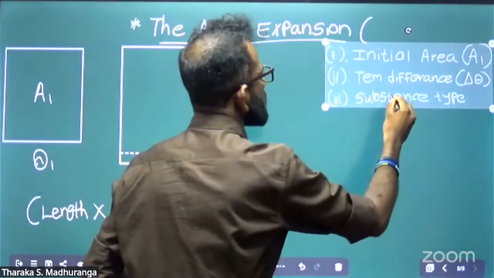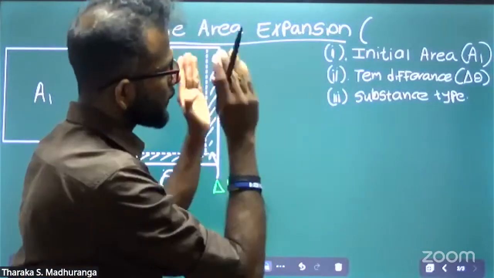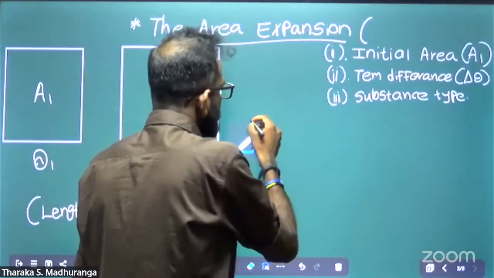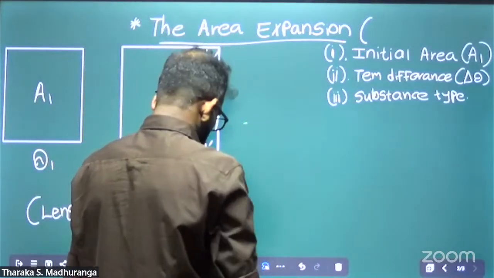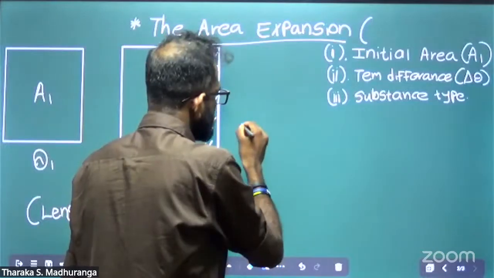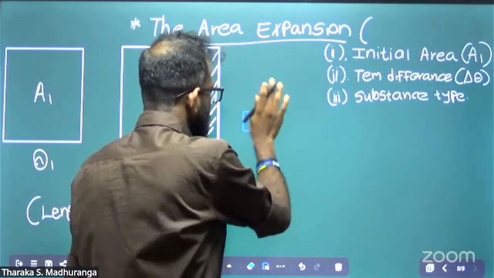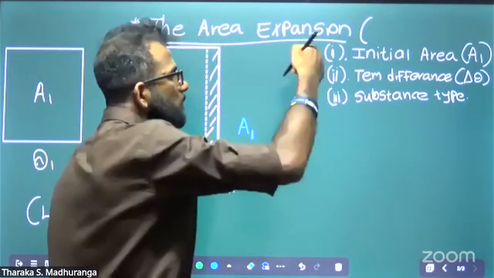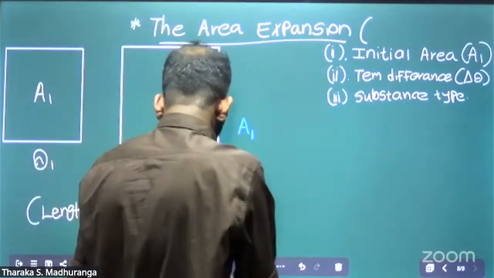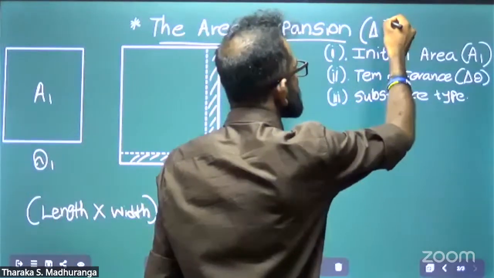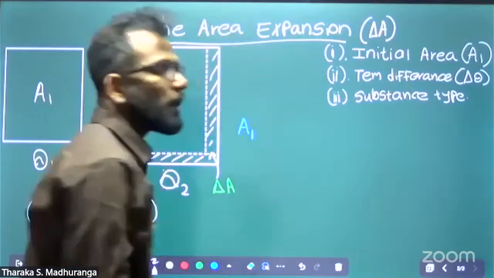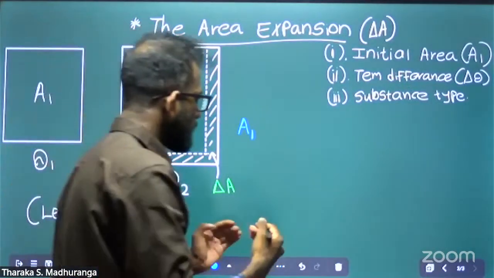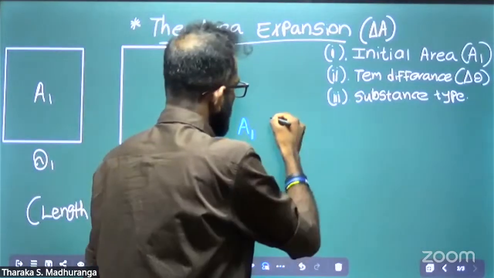Now there are three main factors: initial area, temperature difference, and substance type. Now when we increase the initial area A1, the delta A is the area expansion. Okay, when we increase the A1 initial area,